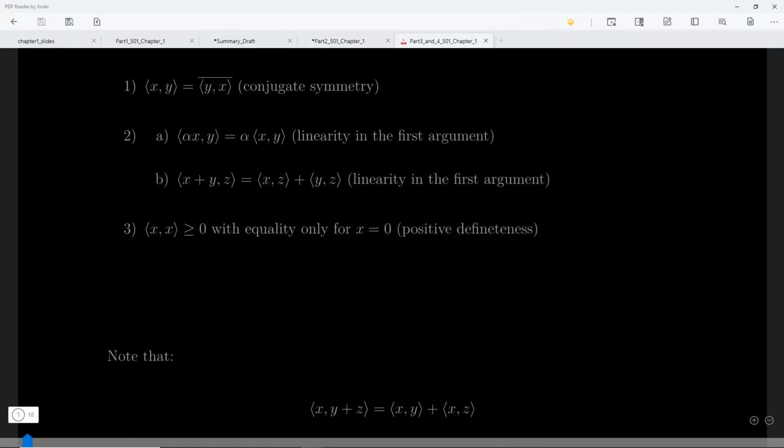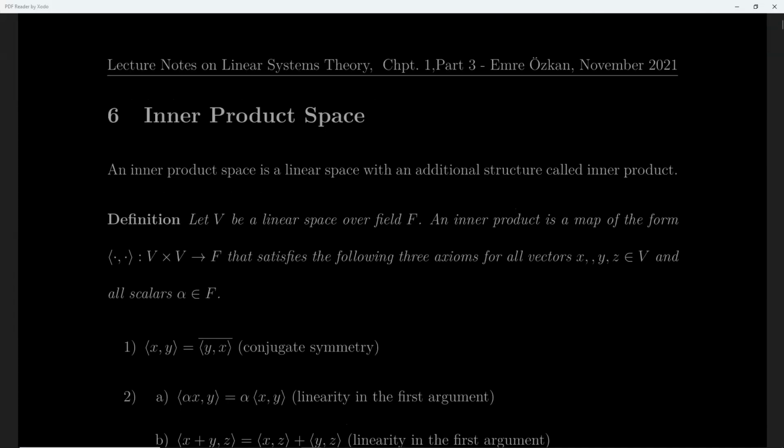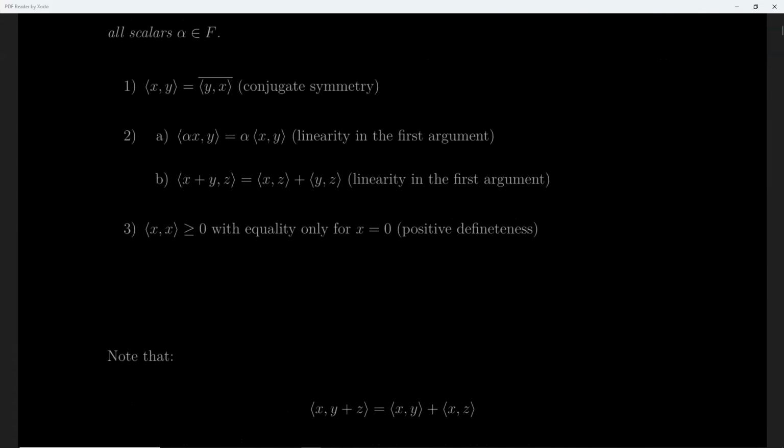We will next continue with the definitions of inner products, and that will add another dimension in our geometry definitions in our vector spaces, because with the norm definition, we managed to have a distance concept in our vector space. With the inner product definition, we will get an angle notion in our vector space.